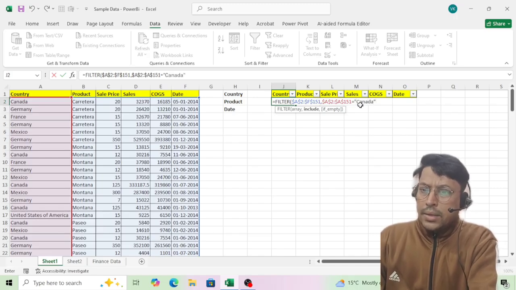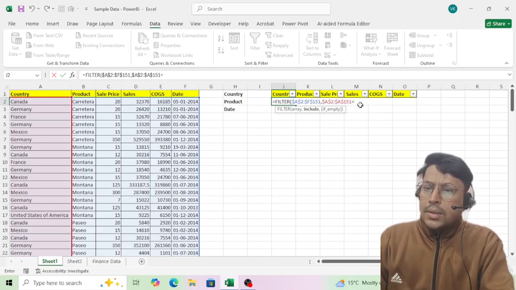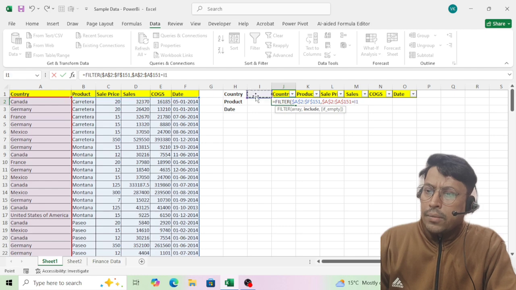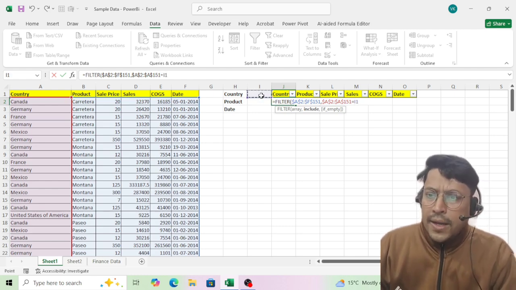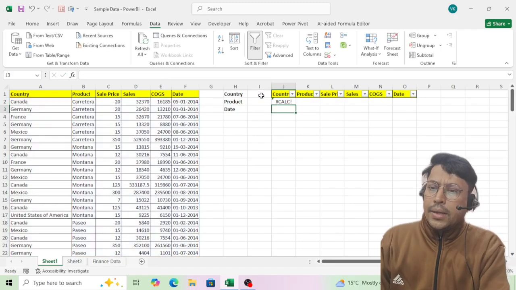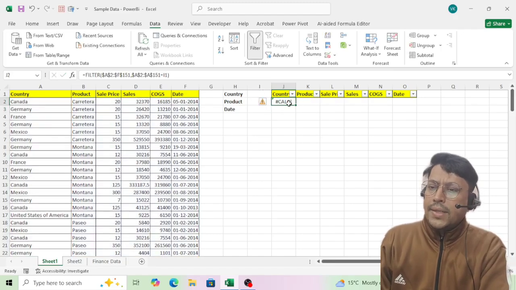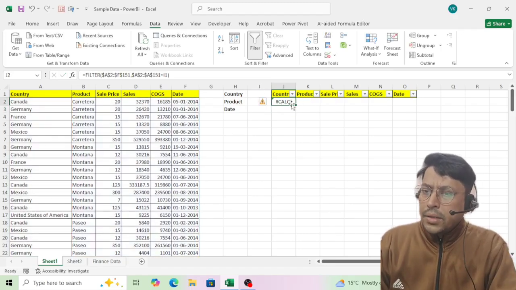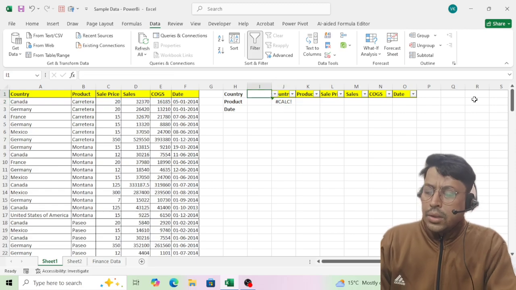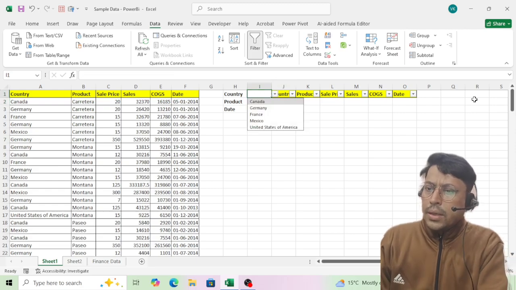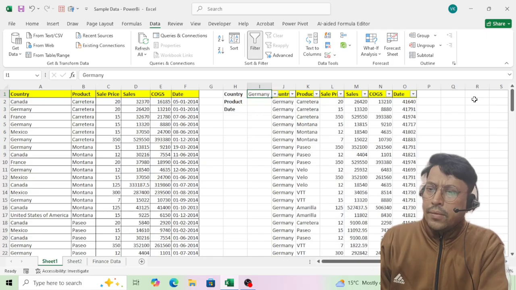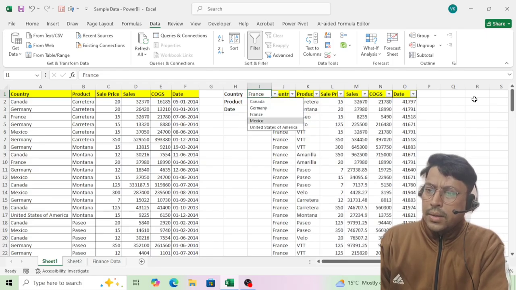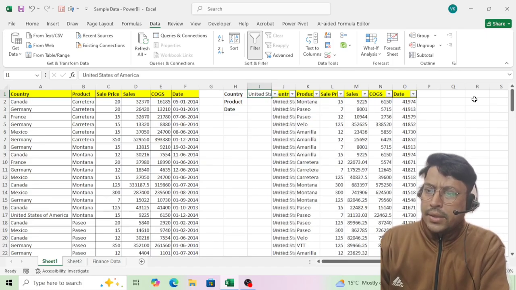Instead, just select cell I1, wherein you have the country name as a list, and then hit enter. Now you have this information available here. Choose any country from this drop-down list, like Mexico, United States.